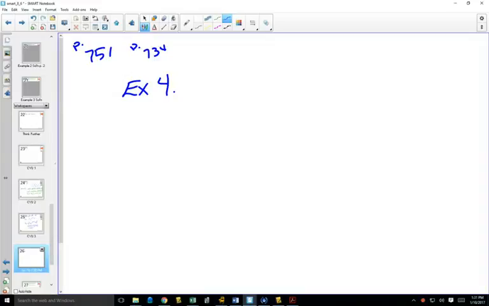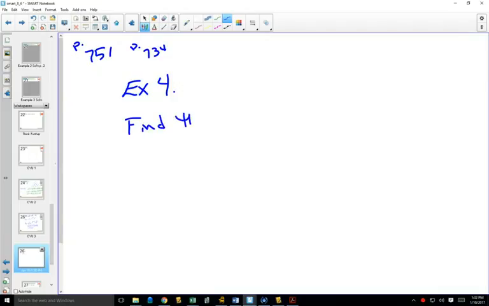So here is example number 4. So we've had questions that say expand completely. We have questions that say find a specific term. And the hardest questions are these ones that say